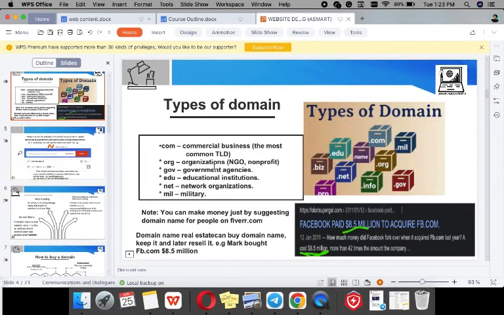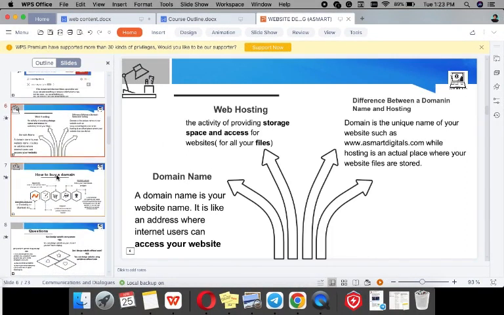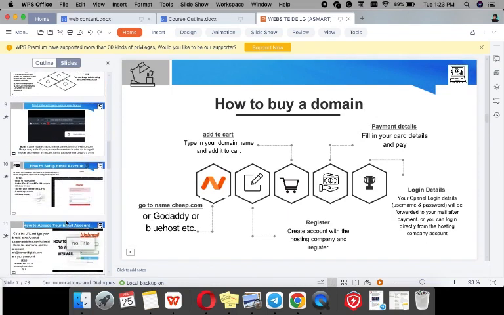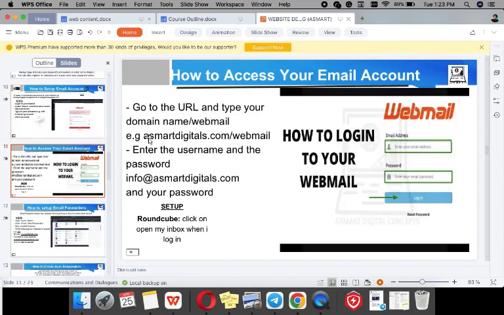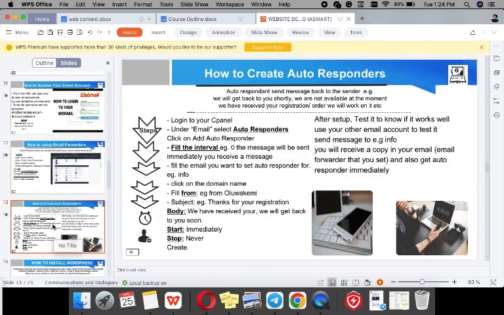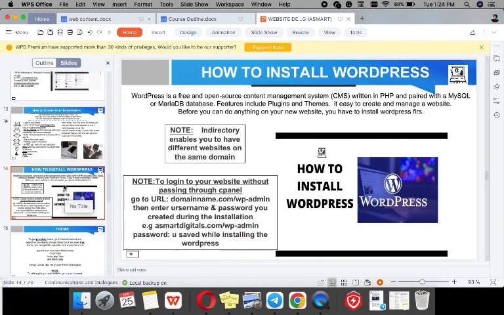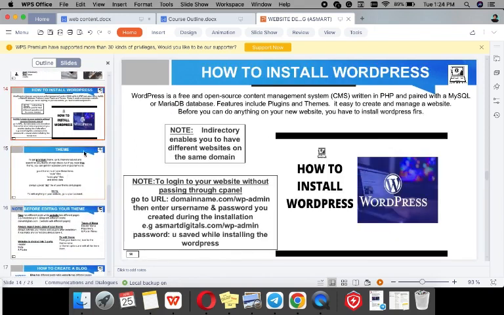So I've explained these types of domain name extension, or TLD. The next one is web hosting. I've explained web hosting, how to buy your domain name. You can use Bluehost, GoDaddy, you can also use Namecheap. Nigerian hostings are there also. How to set up email accounts, I've explained that. How to access your email accounts, I've explained that. How to set up email forwarder, I've explained that. How to create autoresponder, I've also explained that. How to install WordPress, I've explained that. Theme, so